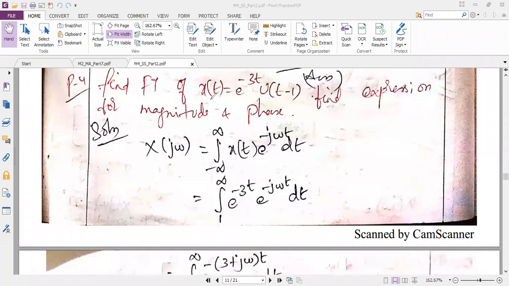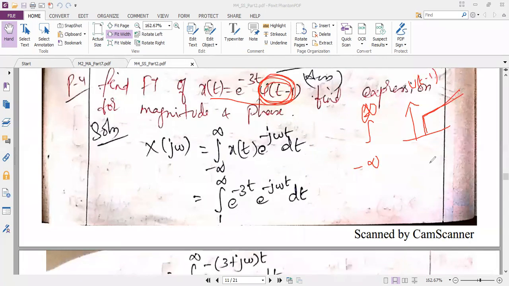Even this question I have seen in one of the question papers. The question looks simple, but we should know how the limit should be changed using this t minus 1. If you know that, then it is very easy. Can anybody guess how the limits from minus infinity to plus infinity will be converted? T minus 1 means you know how the spectrum, how the diagram is. From plus 1 only the amplitude will start for u of t. Am I right?